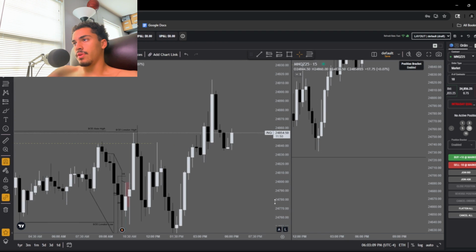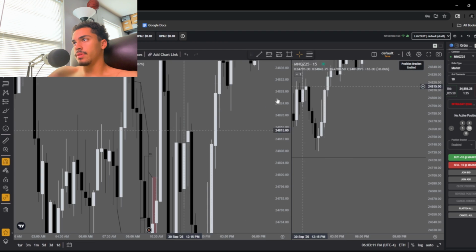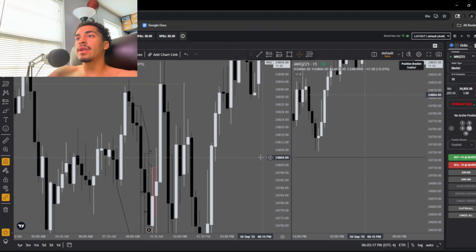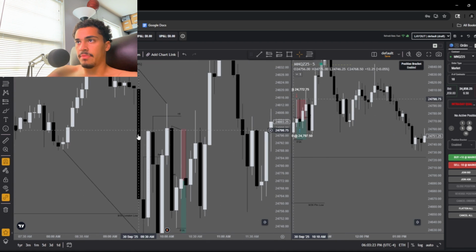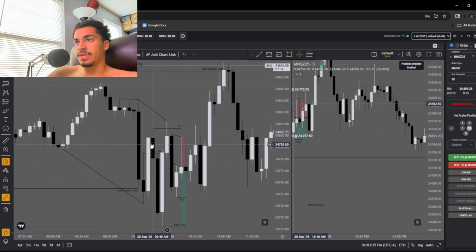And then right here is market open where we have this inverse, which we then inverse to the downside, both of these. And on that inverse to the downside, we leave behind this 15-minute gap. We do that 15-minute gap, and what else do we leave behind? We leave behind this 5-minute gap right here. On this 5-minute gap, we tag into it.